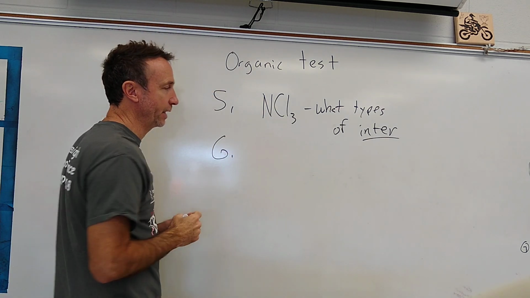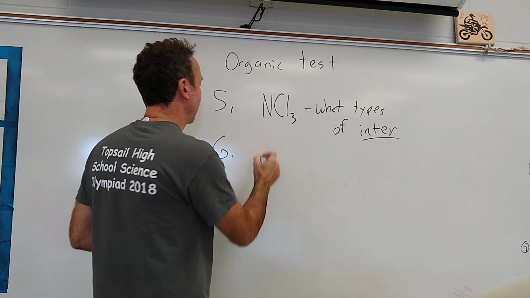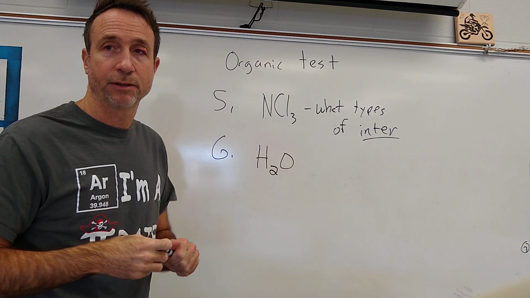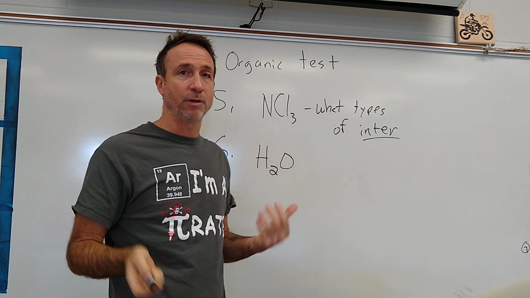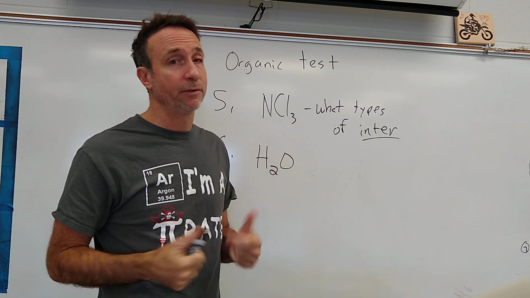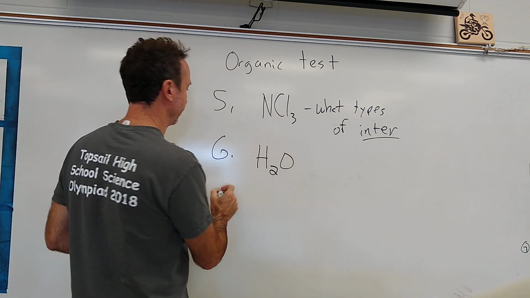All right, number 6. Number 6, you've got H2O, you got water. I need you to draw it. I need you to include any unbound pairs. I need you to label all the interior bonds. I need you to label the shape. I need you to tell me if it is polar or non-polar. And number 7